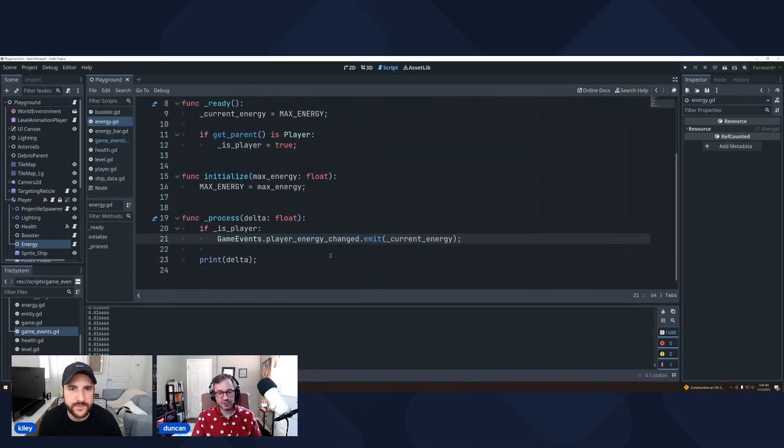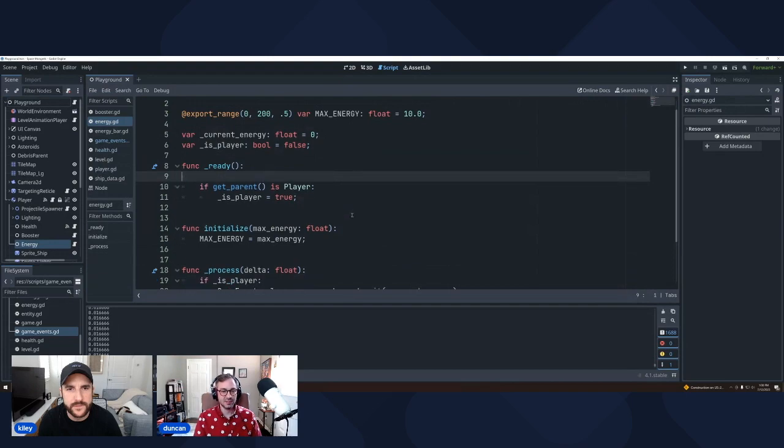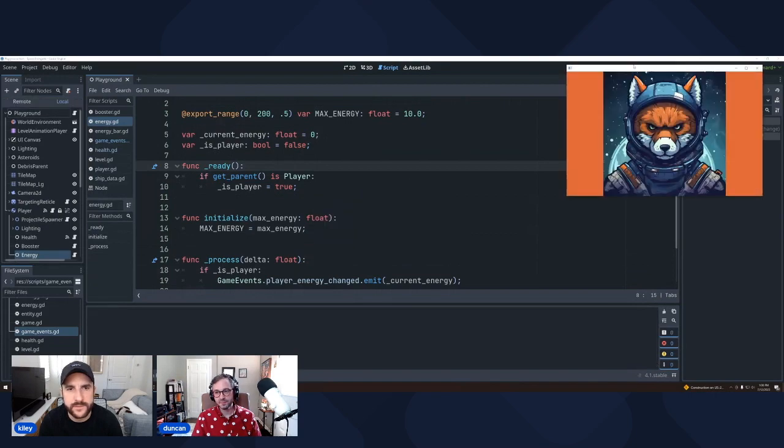So if my theory is correct, every frame it's going to emit the current energy, which should be, this is actually going to set it to full, but let's not do that. Let's set it to 0 so we can see it tick up.